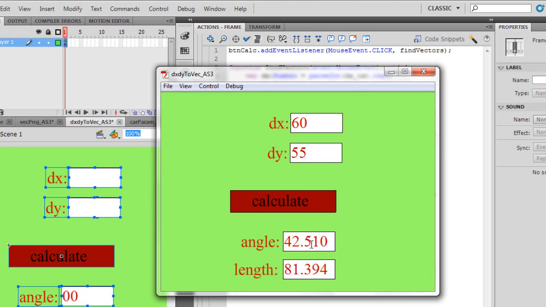My angle is 42.5 degrees, and my resultant is 81.394. So if you're struggling in physics, in high school physics or college physics, and you create this simple resultant calculator, you can determine the angle and the length of forces or any type of two-dimensional motion by using the x component and the y component, placing it up here, and then hitting the calculate